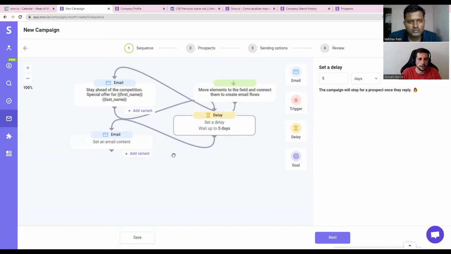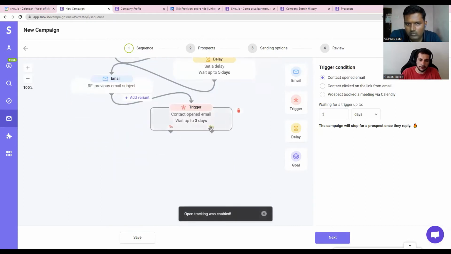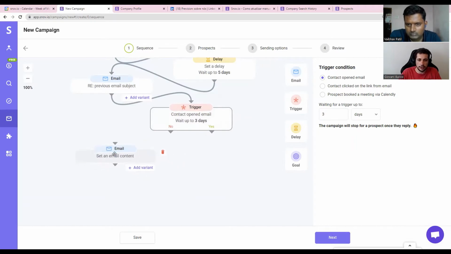and then I add here the second email as a follow-up, right? Yeah, perfect. And let's say for a third email, I don't want to send the same email for everyone. I want to wait 3 days. And for those people who opened the email, I want to send one thing. And for those who didn't open, I want to send another thing. So I can just add here.